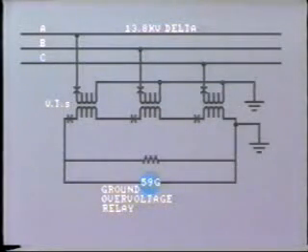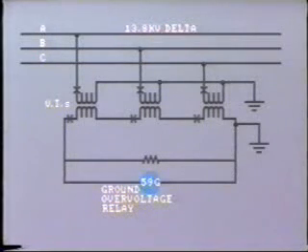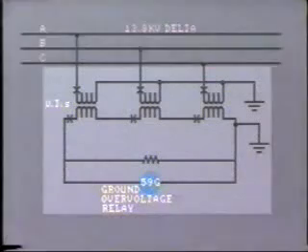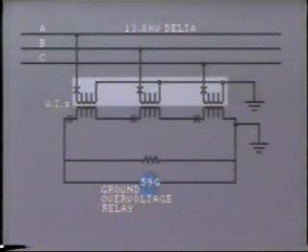However, there are sometimes areas of a distribution system operating at, say, 13.8 kV connected in delta, and therefore have no accessible neutral point. In this case, ground detection equipment is usually installed as shown here. This is, in essence, a Y-delta transformer. The Y-connected primary provides a neutral for the delta system,